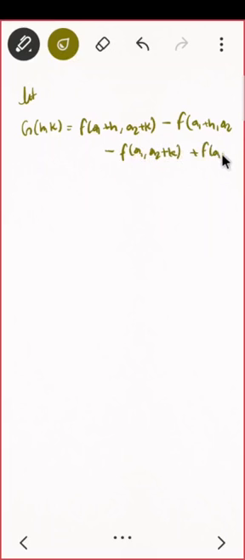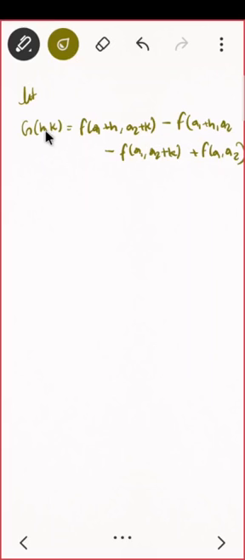If you remember the formula for the mixed partial derivative f of xy or f of yx, then the limit interchange, and this was the function divided by h or k, whatever it is. Correct? We had already done that. So my motto was to make use of that, that is, if I put the limit with respect to h also and k also, then it should be equal to the limit with respect to k and h.